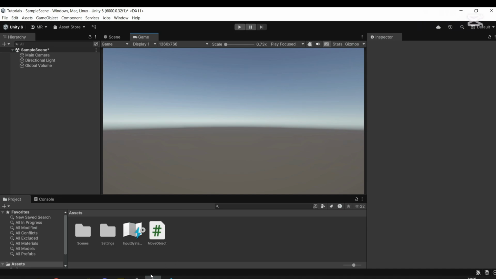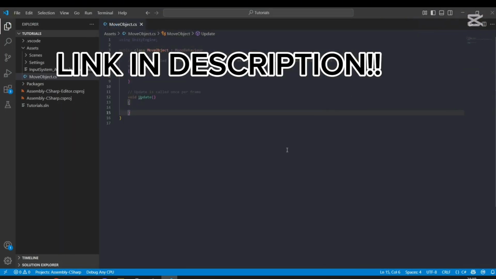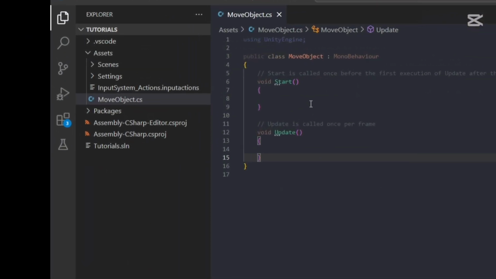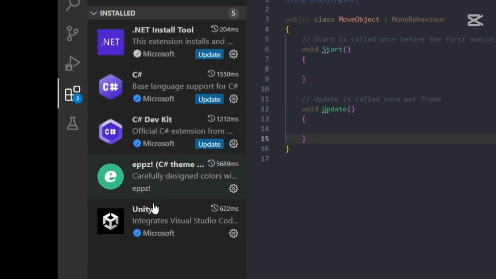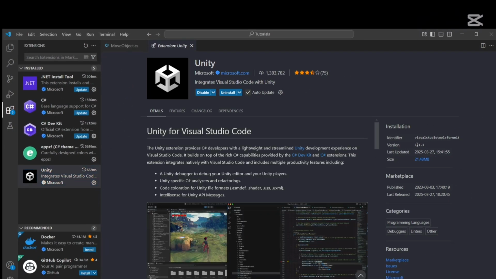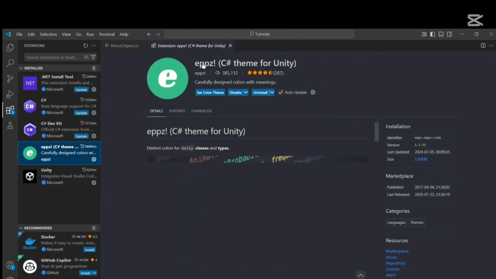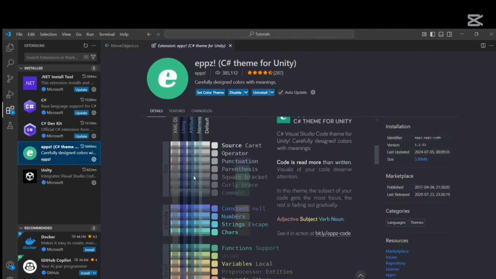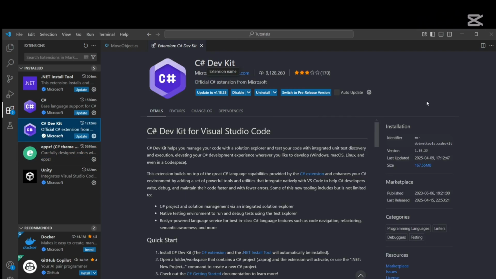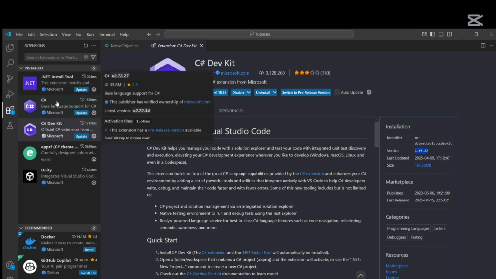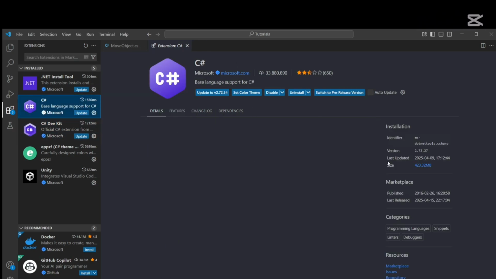So now we're gonna learn how to set up VS Code. You go here and you get an installer or something like that. You basically go on and then you go to extensions. You download Unity, which should be version 1.1.1. I would suggest this because it's easier to see. 1.2.52, and then download C#, which should be this version. And honestly, I would set this to not auto update, because sometimes when they make the update, it can mess up the whole IDE. I don't know why. And in C#